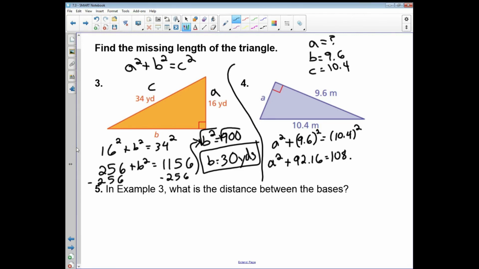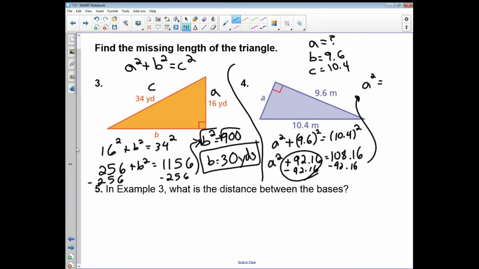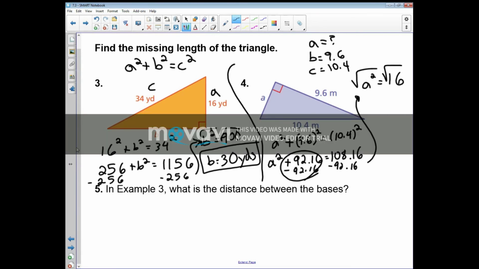And then we're going to subtract 92.16 from both sides. We should get A squared is equal to 16. And then we'll end up taking the square root of 16 to get A is equal to 4, and that is 4